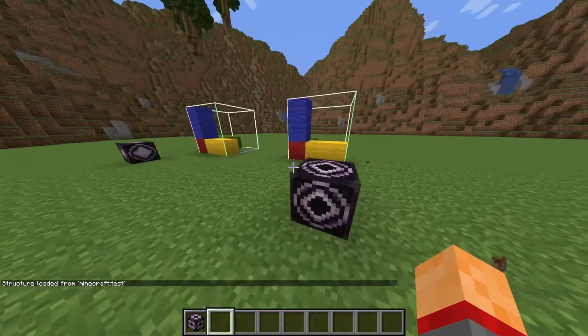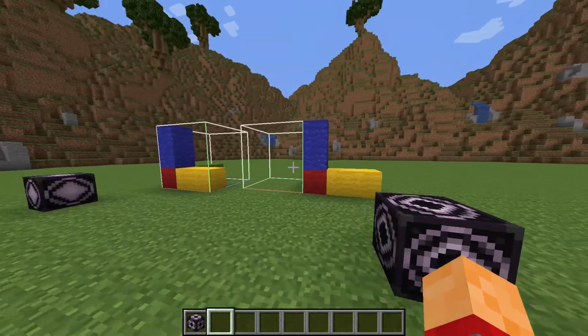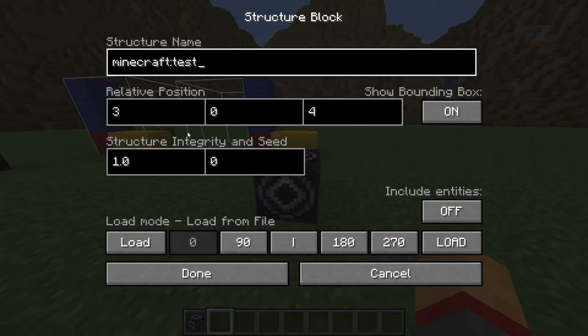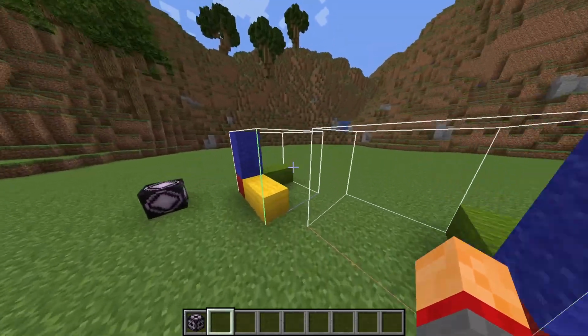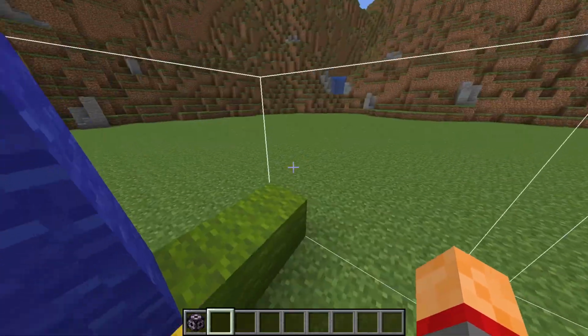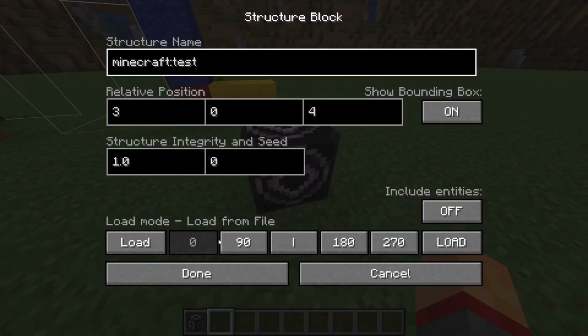So some more things that you might want to know is I'm just going to move this over that way. That's kind of close, but you can see what's happening. So now for these buttons, what this does, it's going to rotate the build. So if I hit 90, it's going to rotate it 90 degrees. So this line is going to have moved and the colors are going to have changed. So I'm going to click that 90